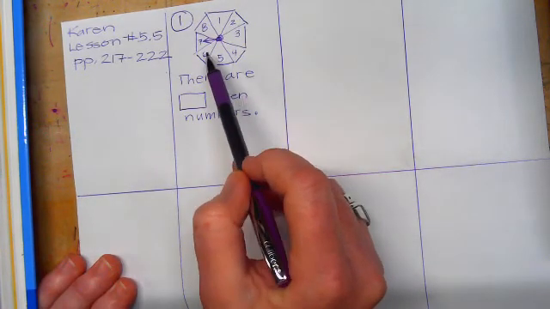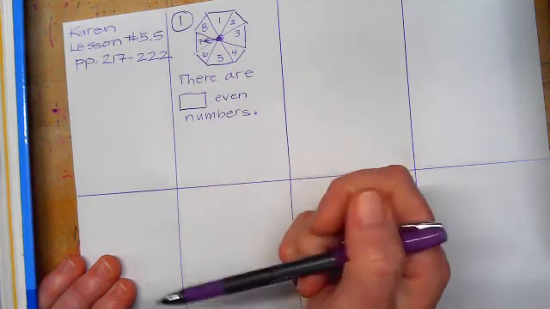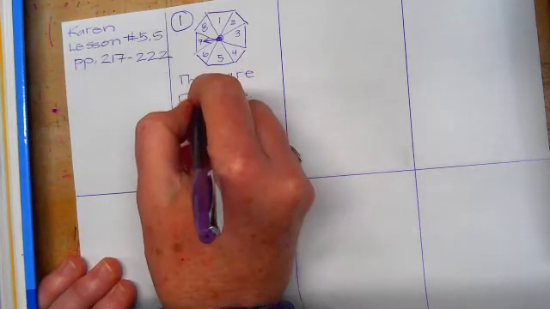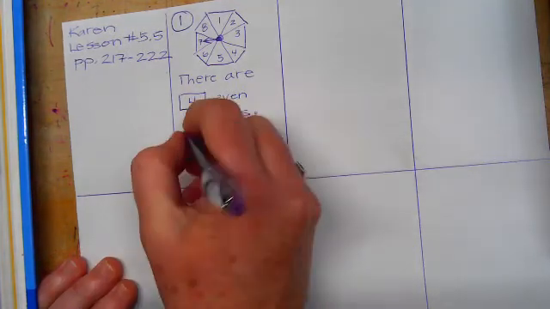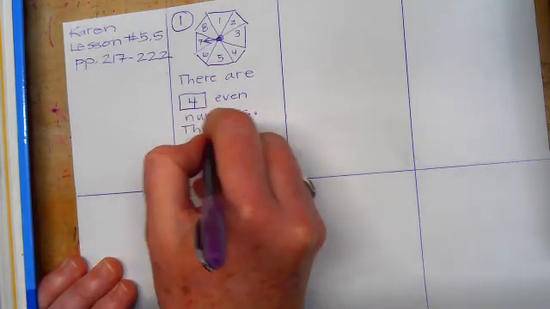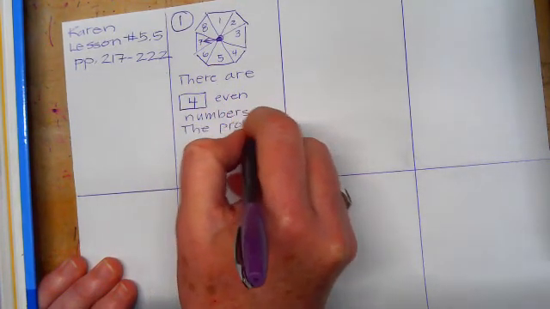So let's see. If we were to look at the spinner, we'd say 1, 2, 3, 4. So there are 4 even numbers. The probability of landing on an even number is